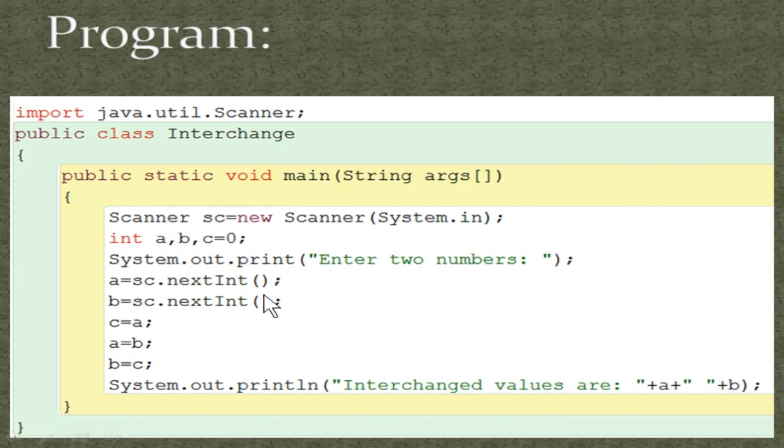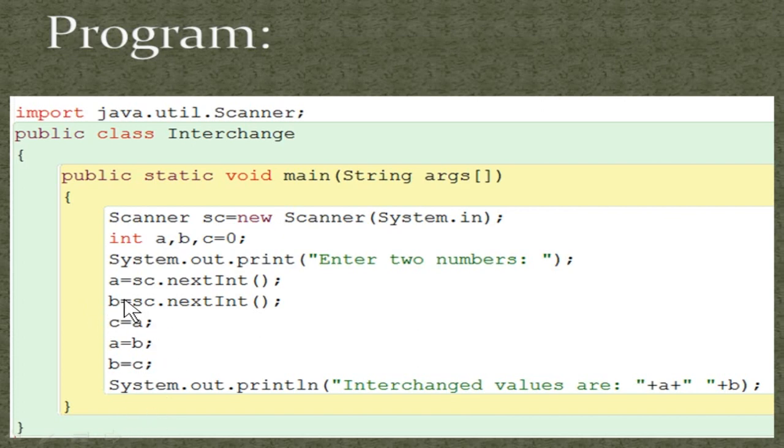So normally when you execute any program, you can type the numbers with a space in between, or you can type them on different lines by pressing the enter key. Whatever you do, automatically after two numbers it will come out of it, then it will do the processing and display the output.